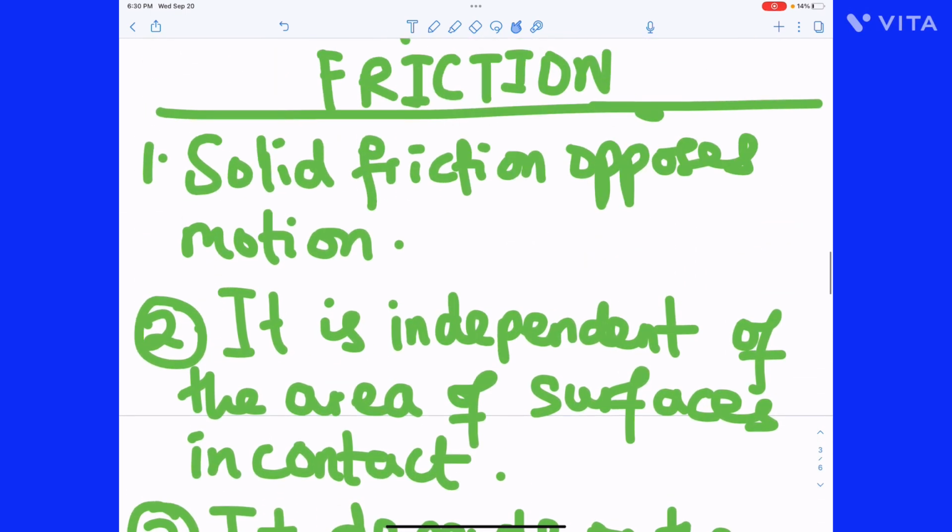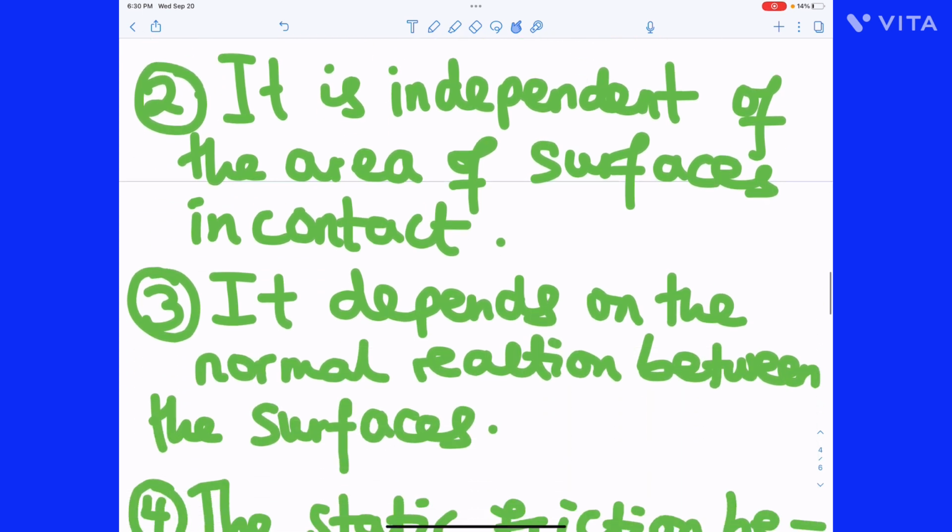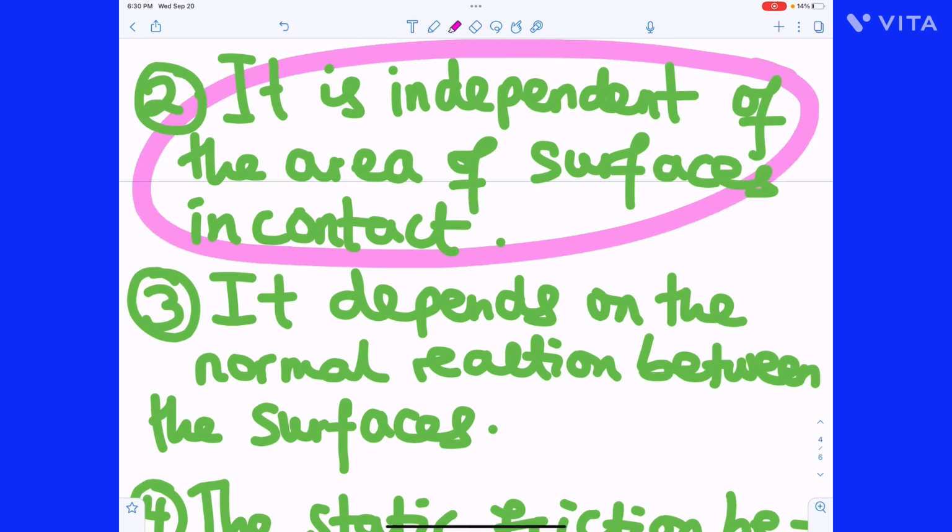One, friction opposes motion. Two, friction is independent of the area of surfaces in contact. You will see that in a while. Friction is independent of the area of surfaces in contact. Let me explain this with a very simple concept. Let's say you